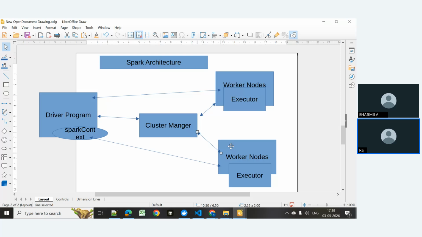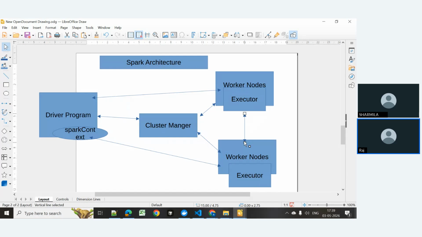worker nodes, and on each worker node there can be more than one executor running in a similar way. Like executors, you can think of them as the node managers, right? And worker nodes are the data nodes. So on each worker node there can be multiple executors. You can take them as the app masters. So multiple app masters can be there based on how many applications are running, and these two can also connect with each other. So this is the